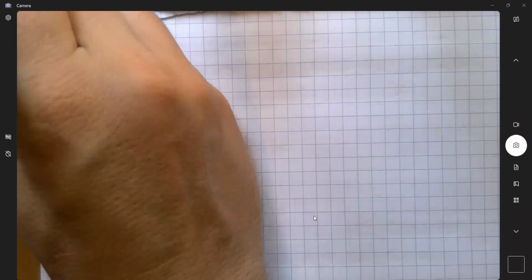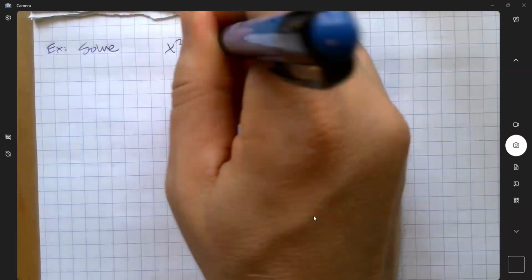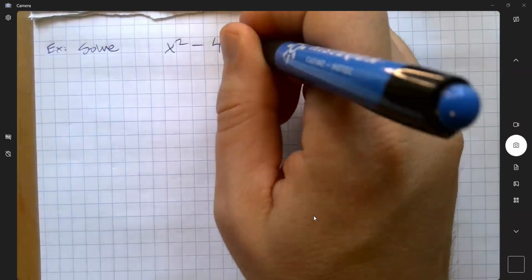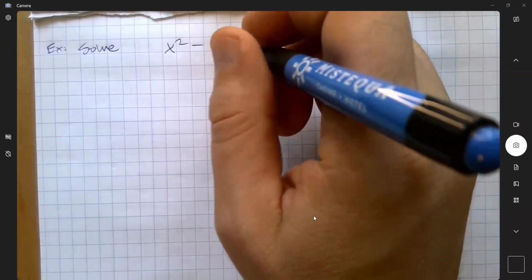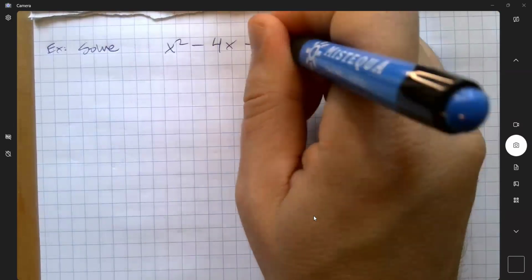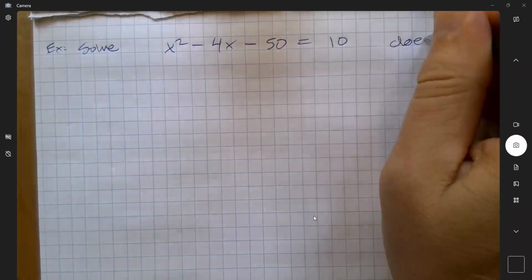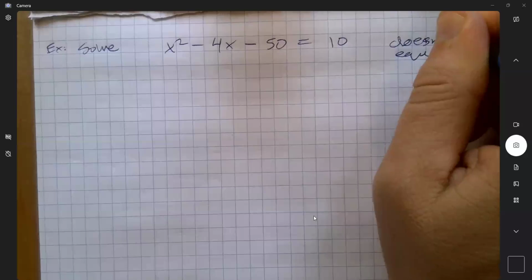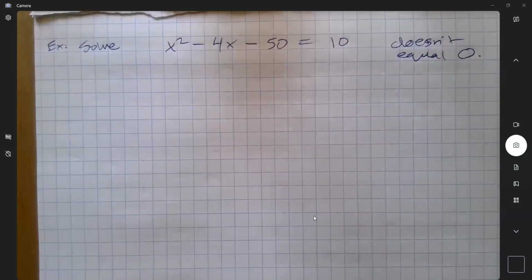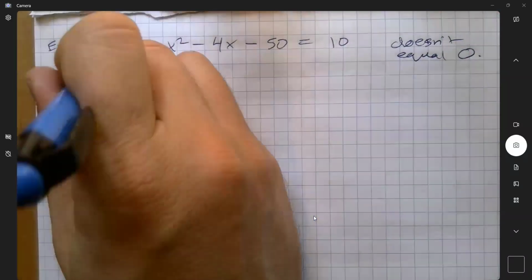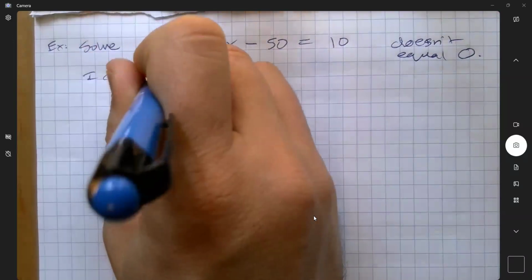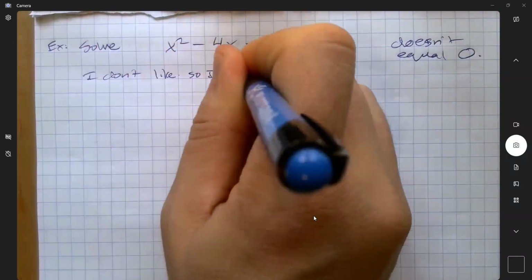All right, more extensions. What if you have a quadratic expression, but it doesn't equal 0. Well, the thing as mathematicians is whenever we solve expressions with quadratics, we want them to equal 0. I don't like that it doesn't. I don't like this. So I'm going to fix it